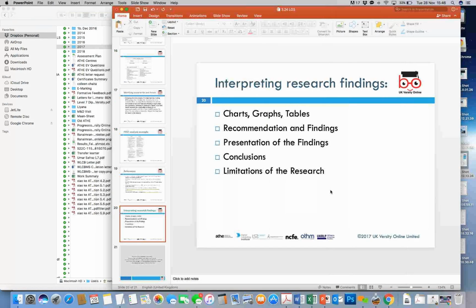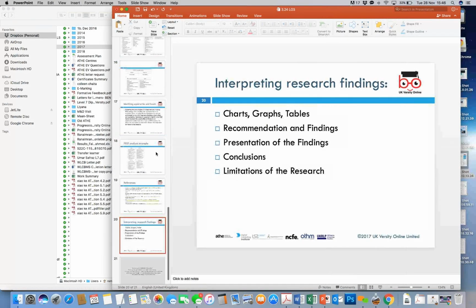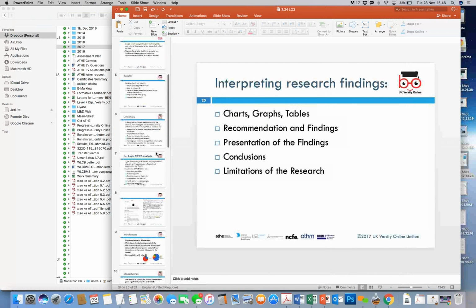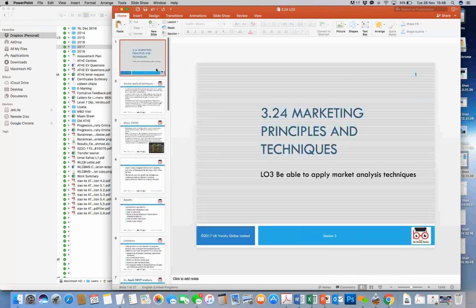So that was the learning outcome 3 that we want to look at: understanding the tools and techniques using which you are able to interpret market situations, or factors which affect the company, a business, or an organization. And some of these tools at level 3 that we want to understand and develop a deeper understanding into will